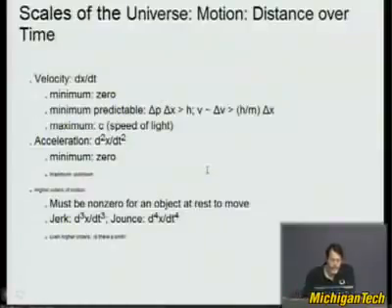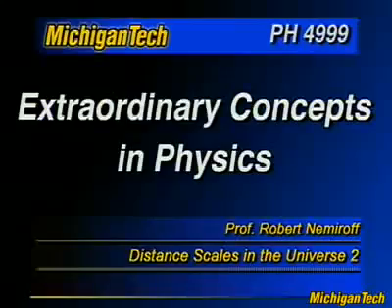All right, so there are different scales in the universe. One is if you move over some distance scale in the universe over some amount of time. So if you did that just over distance and time, you get something that probably everyone's heard of, which is velocity. And if you just consider the magnitude of velocity, how fast you're going, you can call it speed. So what is the minimum speed you could go? Well, that would be